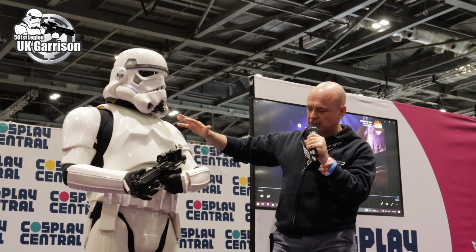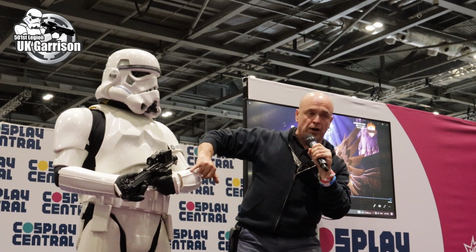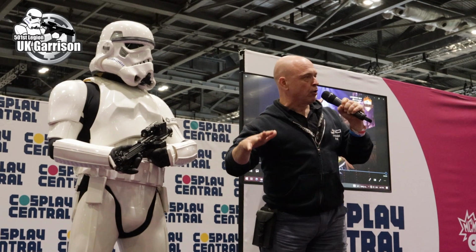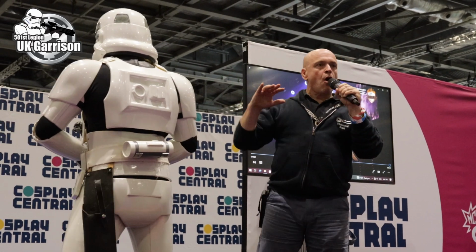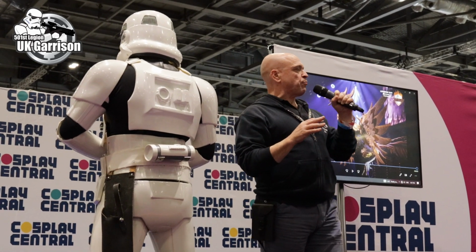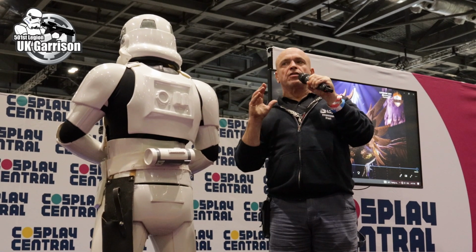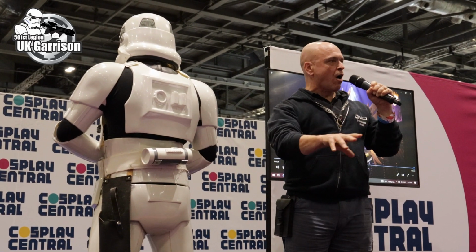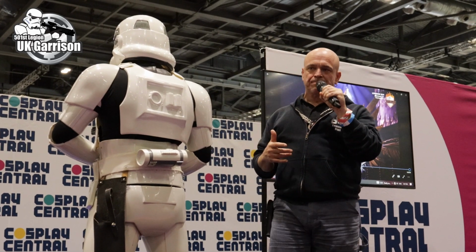Now the armor itself and the helmet, as I said, are made of vac-form plastic, all put together in various parts, and the joins are covered over with strips like this to make it look seamless, to give it that look. If I can get you to turn around. A lot of things in Star Wars were made up of plumbing parts and various bits and bobs. In the movie industry, pieces that you find from real life and turn into a costume piece, like the pieces on the blaster and like the...